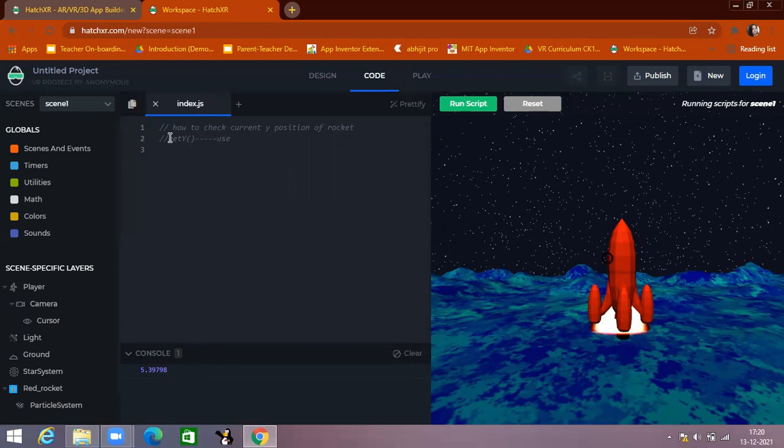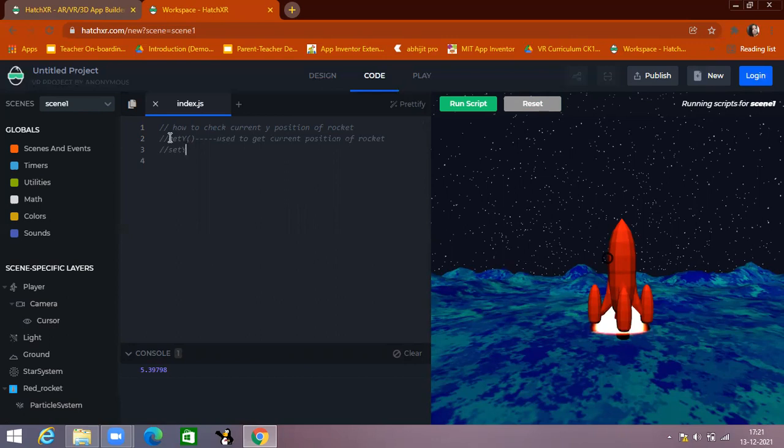Get y, to get the current position of the rocket. Now, how to set the position of the rocket?